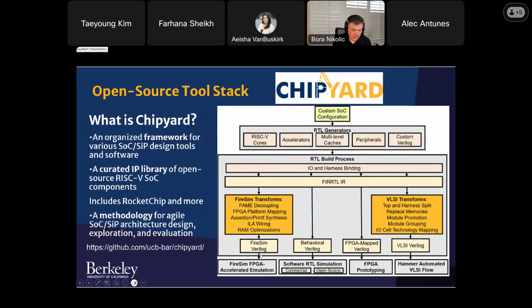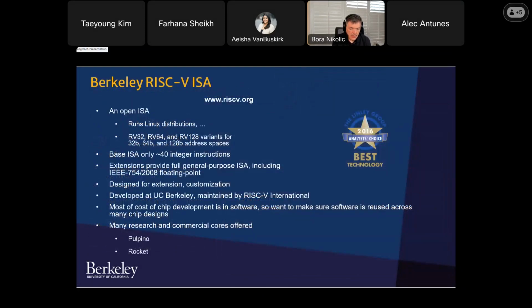It is completely open source. It runs anywhere, including my laptop, and it is available on GitHub, ucb-bar/chipyard. What's actually inside this Chipyard is a lot of stuff that is open primarily because of the availability of